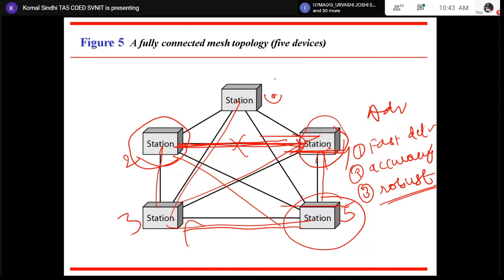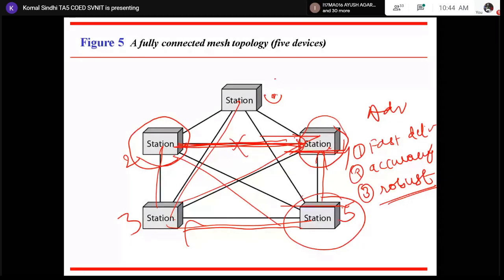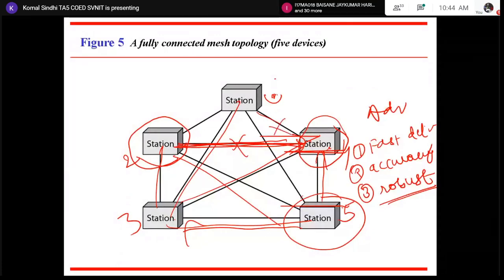Okay, if one of the cables is damaged, you can diagnose it fast because since every other station is connected to every other, you can know which link is not working. If I cannot send data from station 1 to station 4, I will know that only that link is not working. Rest others are working. Why am I calling it robust? Because there is no such concept like a single point of failure over here. Even if one link doesn't work, other links would work. They are not dependent on each other, and hence there will be no effect on the other communication which is happening inside our network.